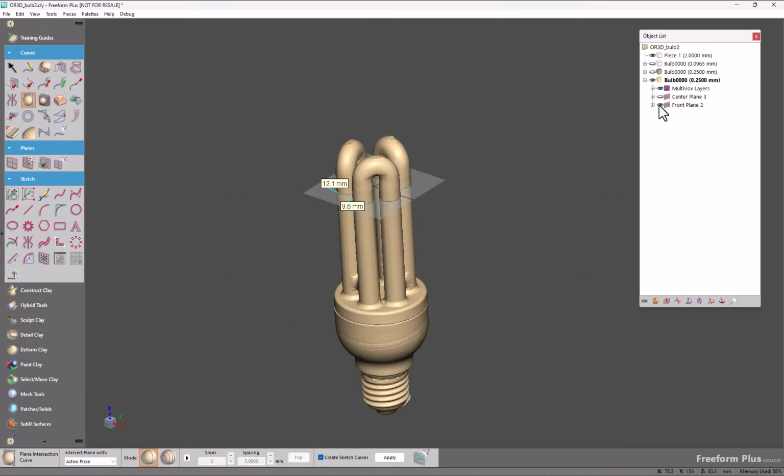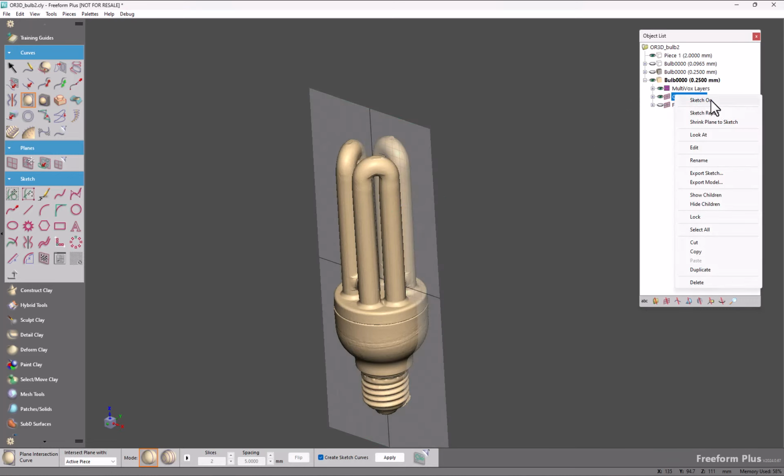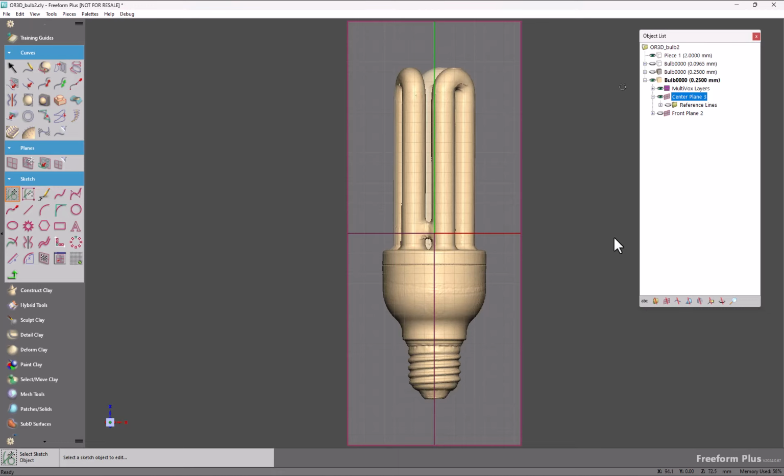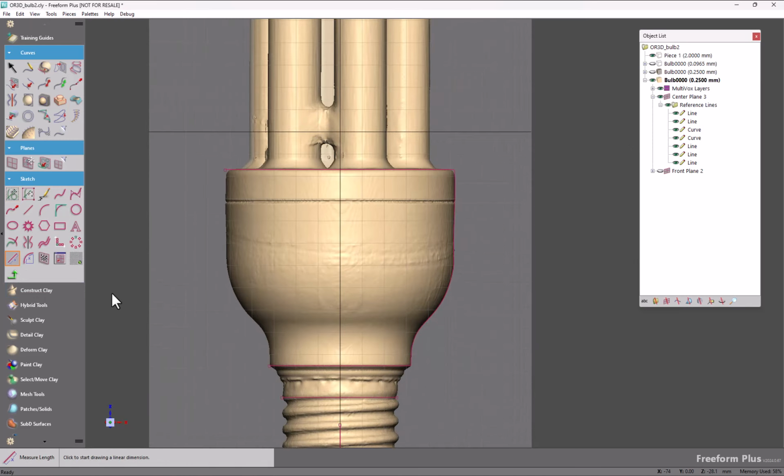I'm going to hide this and turn on another sketch that I've already prepared. This has a handful of reference lines that I've picked. So we have the base of the bulb where the glass meets the body, the lower part of the body, the beginning of where the threads begin. So I want to take some measurements off of this. So for instance, we want to know the